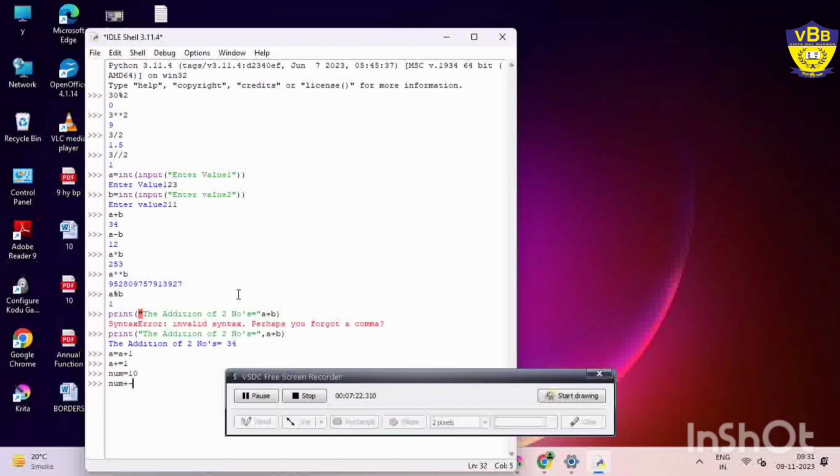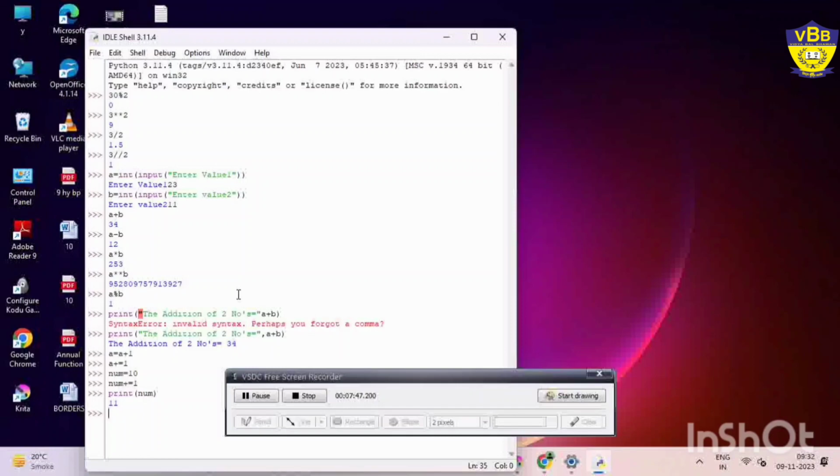First you need to write the operator which you want to apply. If I want to do plus, I will write plus equal. If I want to do minus, I will write minus equal, then 1. So now if I print the value of num, that is 11. Okay? I hope this is clear to you.